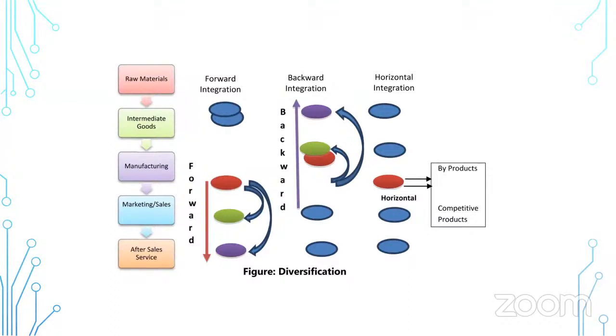There are also 4 points: vertical, horizontal, concentric and conglomerate. In vertical there are two things, backward and forward. अगर एक इसका एग्जांपल लेंगे बैकवर्ड का, तो एक टेक्सटाइल कंपनी ने एक कॉटन मैन्युफैक्चर कंपनी से टाई अप कर लिया, उसको मर्ज कर लिया, तो इट विल बी द बैकवर्ड। इन फॉरवर्ड, कॉटन मैन्युफैक्चरिंग कंपनी ने टेक्सटाइल कंपनी से मर्ज कर लिया, तो इट विल बी द फॉरवर्ड।